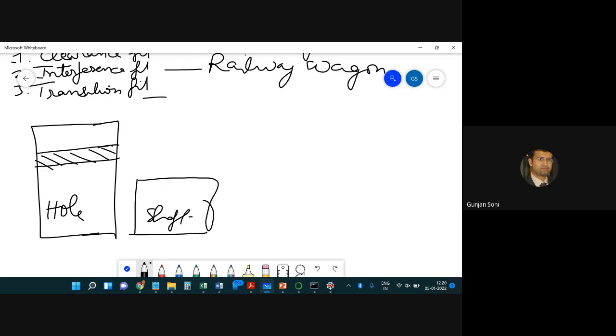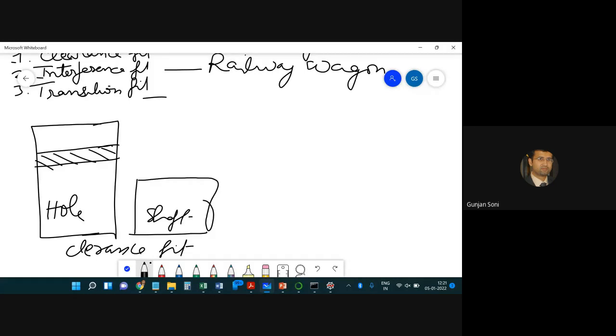Then you can achieve the clearance fit. For clearance fit, if I have to design it: either machining the shaft or turning the shaft or boring the hole. No, we are not machining, we are assembling. They are already made. Shaft should be free to move in the hole. So the condition is that shaft diameter should be less than hole diameter. Let's talk about minimum and maximum shaft diameter and maximum and minimum hole diameter.